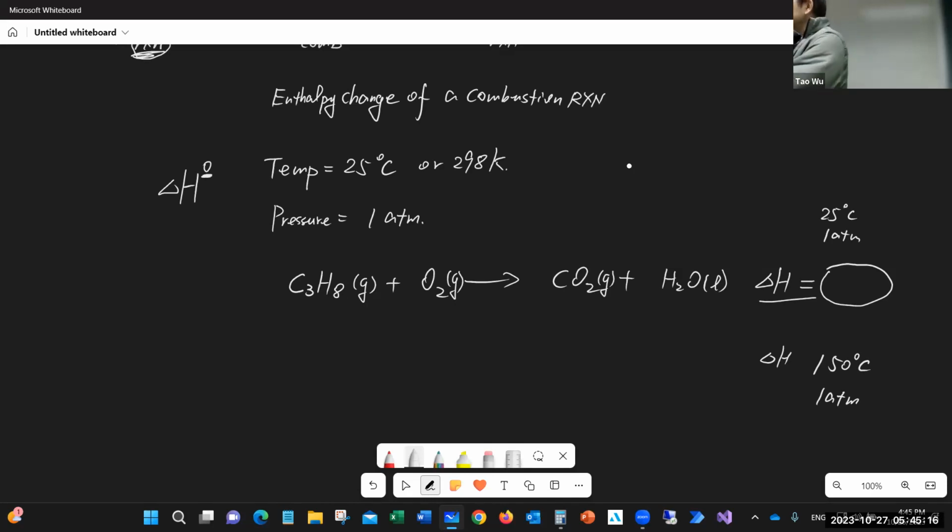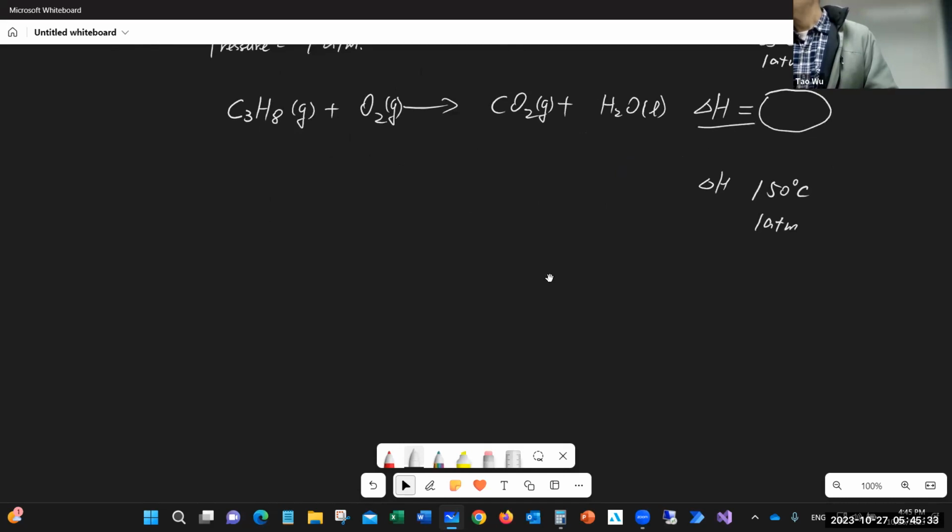So people set a standard condition, and then everyone talks about the same condition, and then you can compare how much heat you produce, how much that produces. Does it make sense, right? So this is why people need a standard condition, okay? And then, since we talk about standard condition, we are going to talk about another topic. It's called standard